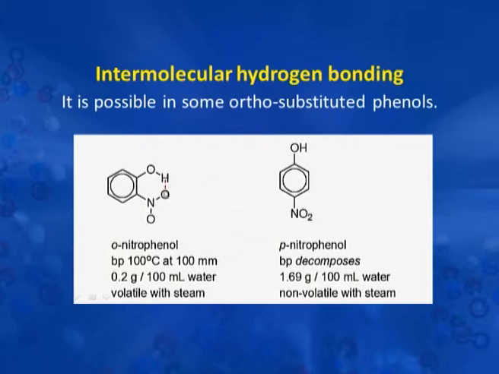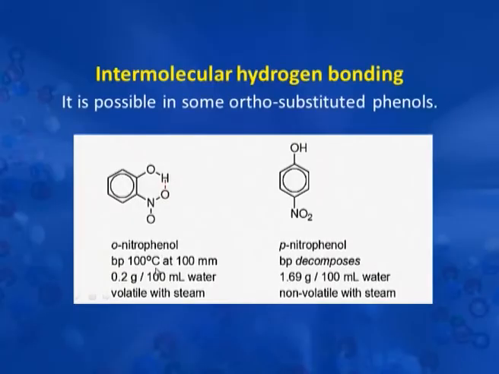As a result, a hydrogen bond develops between the hydroxyl and nitro group present at the ortho position in ortho nitrophenol. As a result, an intramolecular hydrogen bonding develops here, whereas this is not possible in the case of the para isomer, because the distance between the hydroxy group and the nitro group is much more and they cannot have this kind of